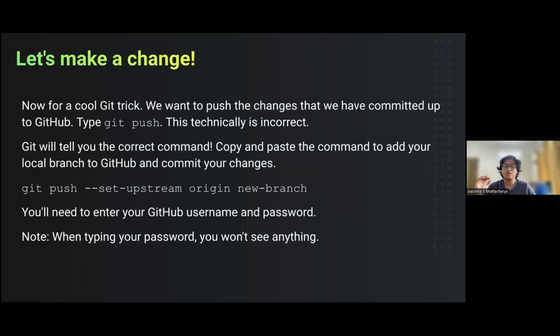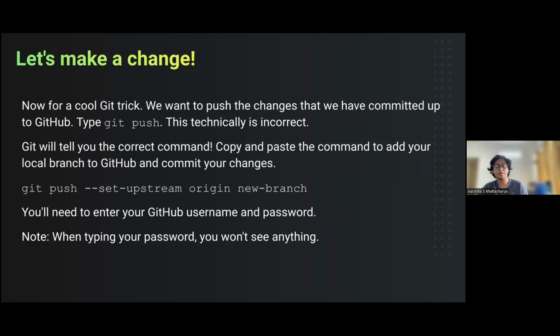So the command that we usually use to push updates is git push origin followed by the name of the branch. But right now we need GitHub to identify the branch that we just created. So the process is going to be to add a flag called set upstream origin new branch. So the new command that we are going to use is going to look like git push --set-upstream origin new branch, or the branch of your liking, whatever branch you created previously.